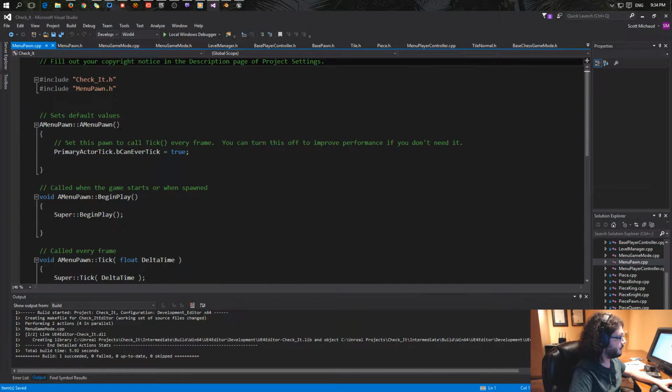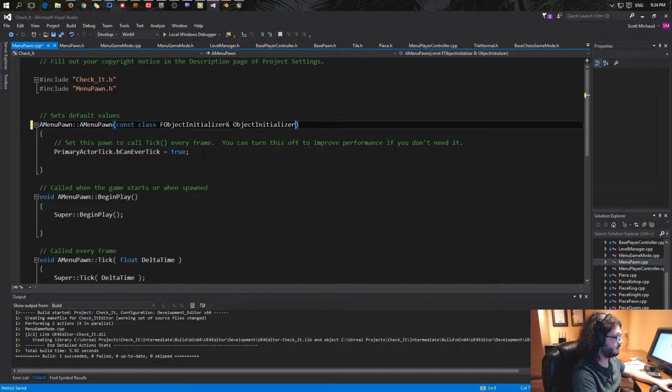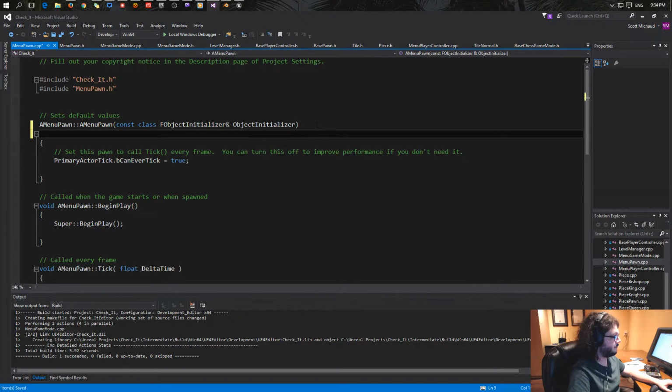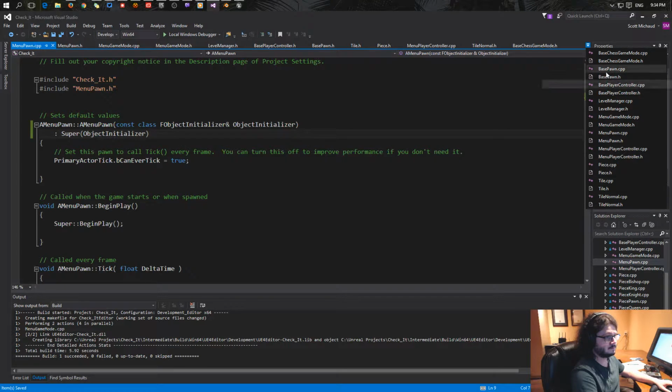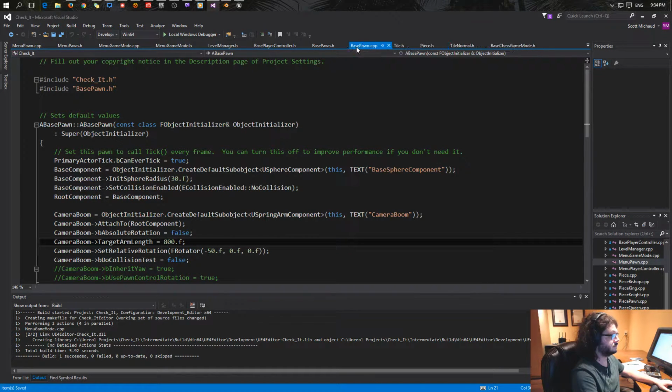So now a menu pawn will be this here, and then we will have super object initializer. I believe that's correct. Whoever base pawn is. Super object initializer. Okay, so